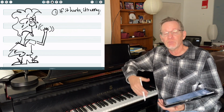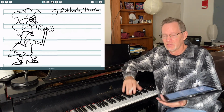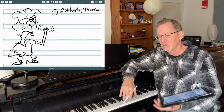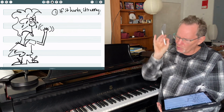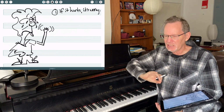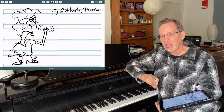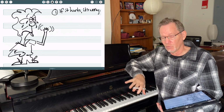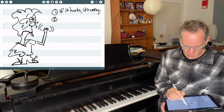So piano technique must be free and easy and actually physically enjoyable. Okay, like running in a meadow, chasing butterflies or something. So if it hurts, it's wrong. That's number one. You have to accept this and become completely intolerant of pain and stress when you play in order to identify where it is and work on it. Okay, so that's number one. Number 2 is once you do that,